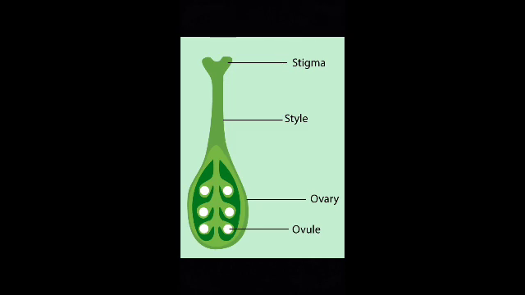The innermost part of a flower is known as the pistil. It is found inside the stamens. If you cannot see it completely, remove the remaining stamens of the flower. Identify the parts of the pistil with the help of figures. Draw a neat diagram of the pistil of your flower.